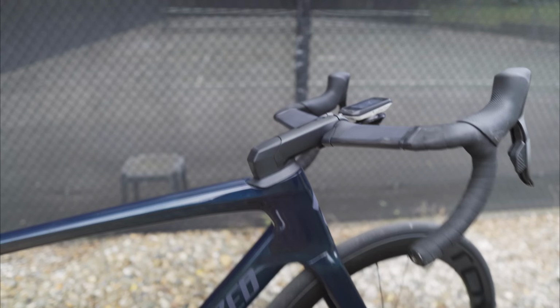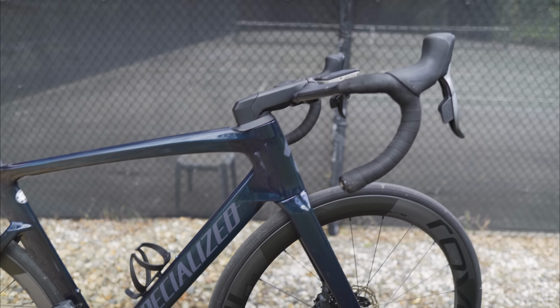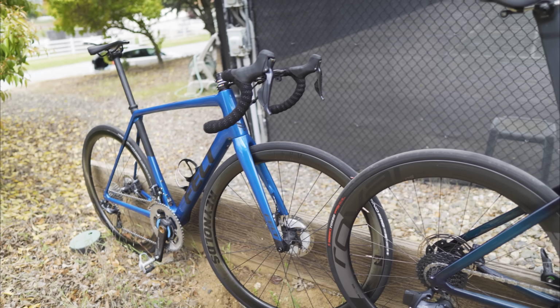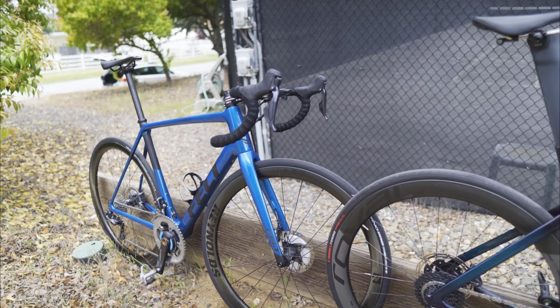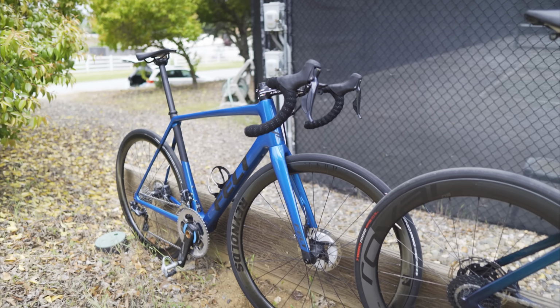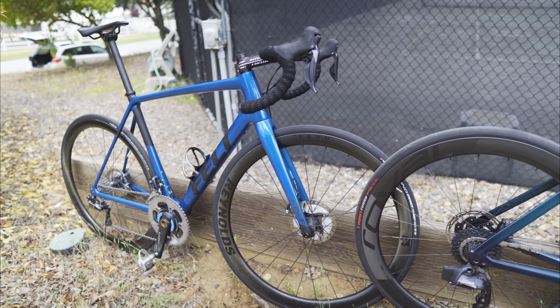But the big difference here is those tube sections. Look, Aero versus standard. And I don't have my scale with me, but we'll compare weights when we get back to NorCalCycling headquarters, aka my garage, and we'll talk about the weight difference, because the out and back loop has about